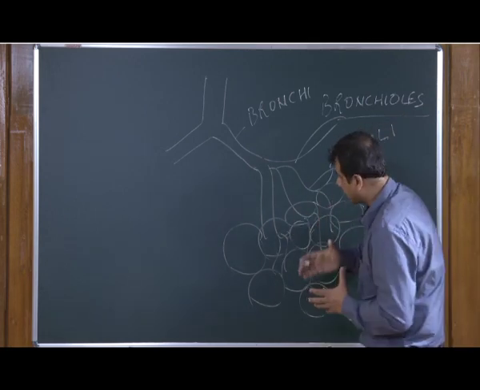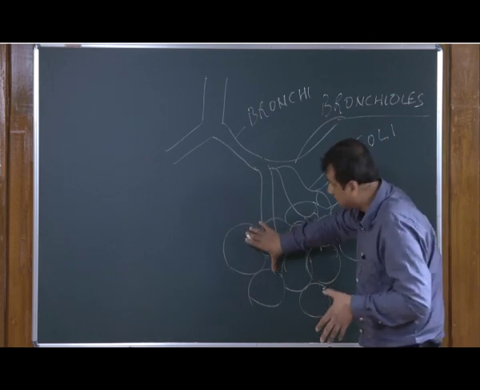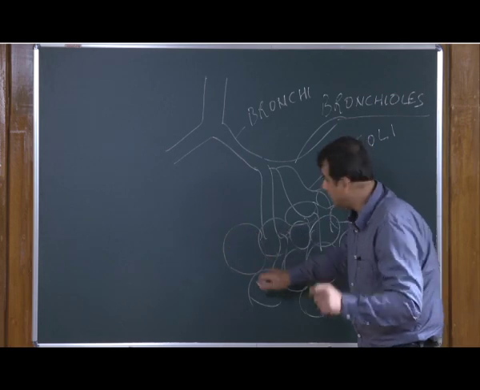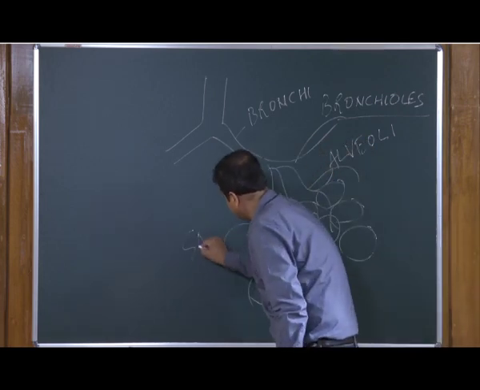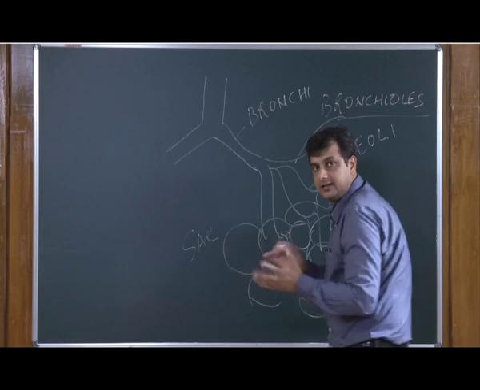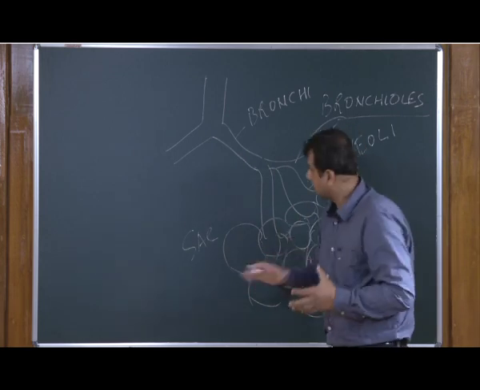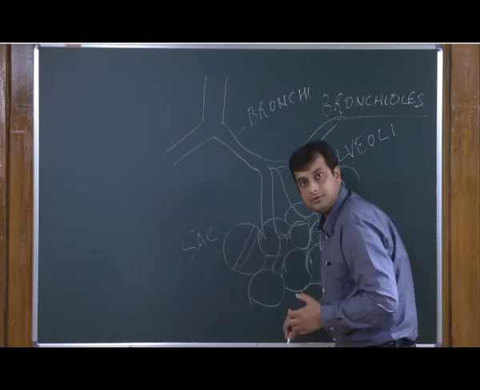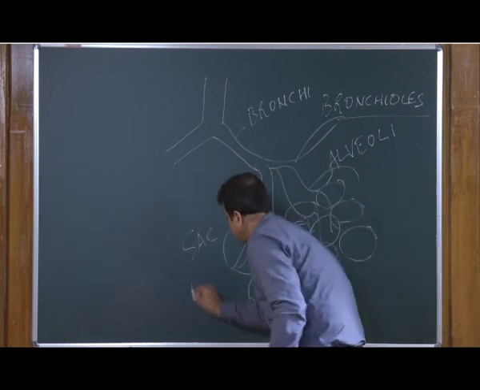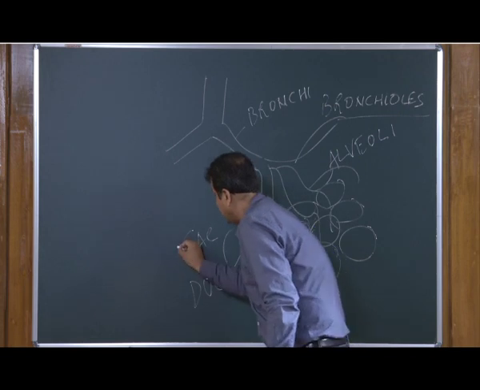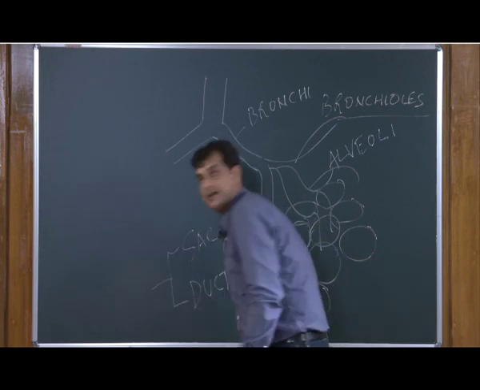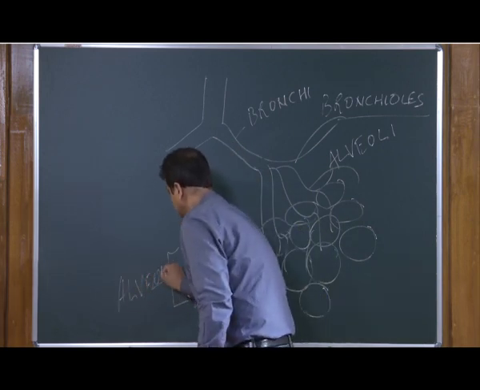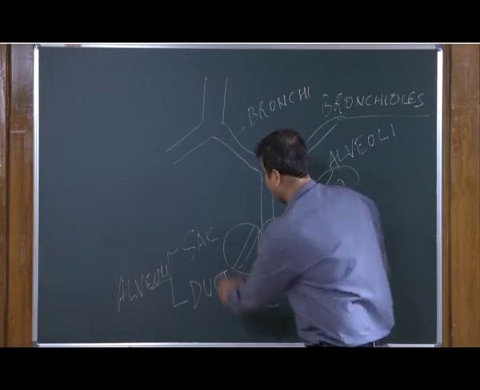If we dig back and see what the actual contents of the alveoli are, we can call this an alveolar sac. This is a bag-like structure; anything that looks like a bag we call a sac in biology. Then we have a small duct running through it, so we call it a duct. So we have the alveolar sac and the alveolar duct. These are actually the contents of the alveoli: sac and duct.